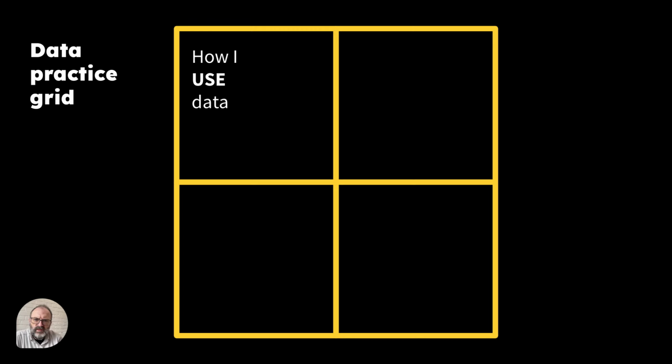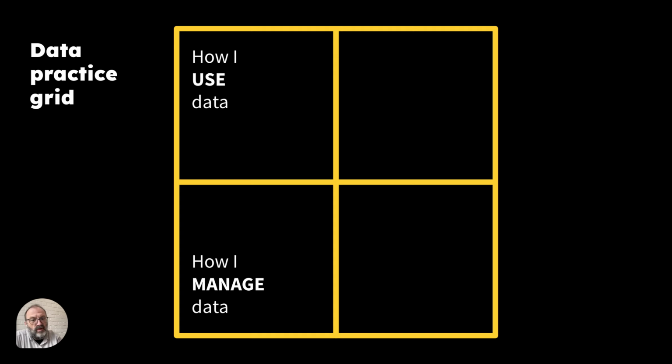So a good way of thinking about manageability of data is to use this grid structure. What you can see on the screen starts with a square that's been divided into 4. The top left-hand quadrant says how I use data. If we were workshopping this together, we might have this drawn out on a large piece of paper, and you would put Post-it notes on it to gather together different aspects of your practice or what you would like your practice to be. So for how I use data, you would have one set of things,